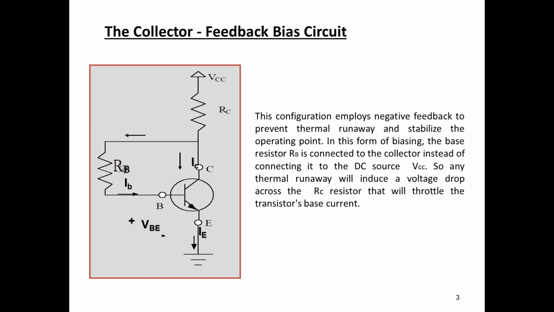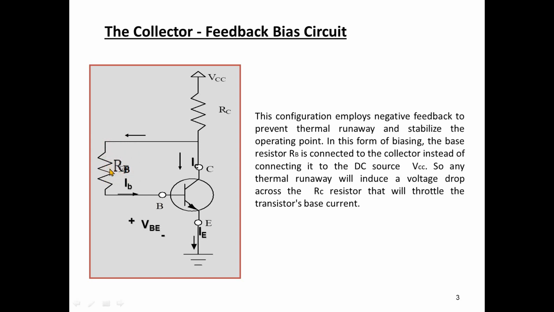So why do we call this the collector feedback bias circuit? The reason is that between the collector terminal of a transistor and the base terminal of a transistor, there is a feedback resistor connected, and that is actually the base resistance RB. That's why it is called the collector feedback bias circuit. And this configuration employs a negative feedback, which is mainly for preventing thermal runaway and also to stabilize